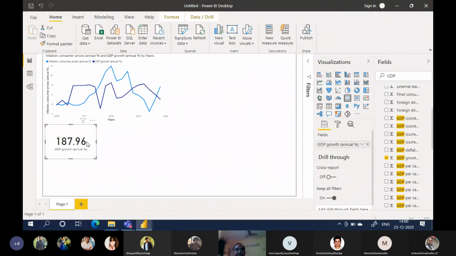But what it does, all of you got the card like this, 186.96. Can participants please confirm? Yes, sir. Now, but we don't want sum, we want average.